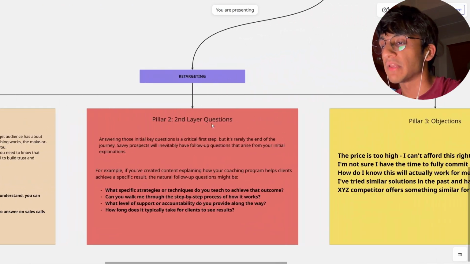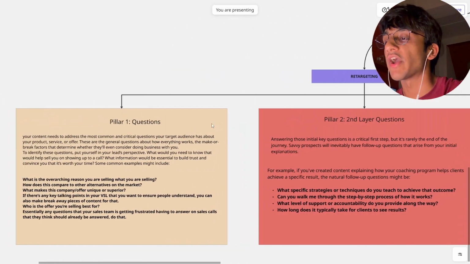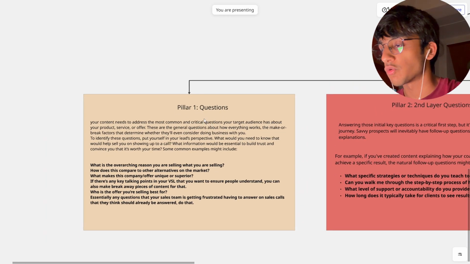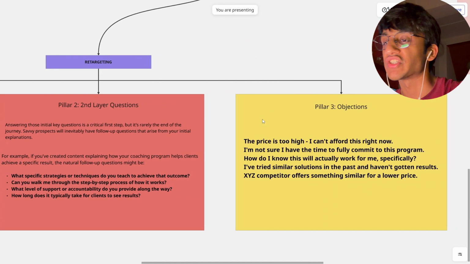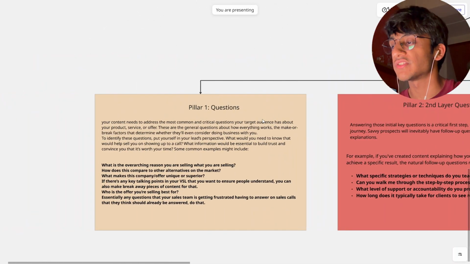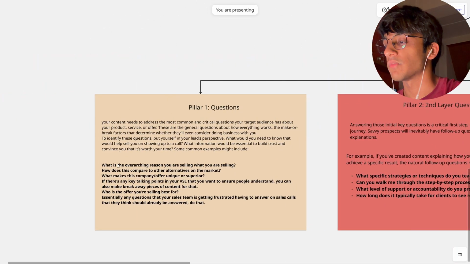So these are the three pillars of retargeting ads that I always make sure to put out in front of my clients before they hop on a call with me. Pillar one is questions, pillar two is second layer questions, and pillar three is objections. With pillar one, the question you want to ask is, what is the overarching reason you are selling